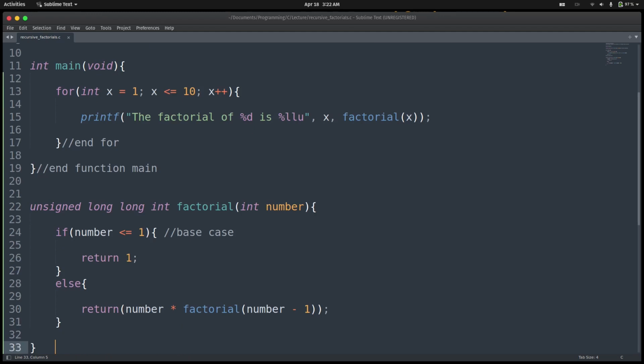Now this, at line number 30, will launch a fresh function call on itself. It will go back to the function call, and then it will check. For the first time, when x is 1, it will simply return 1. For the second time, when x is 2, it will check if number is less than or equal to 1, which is not true in this case. Now it will proceed to line number 28, which is the else part, and then it's going to return number